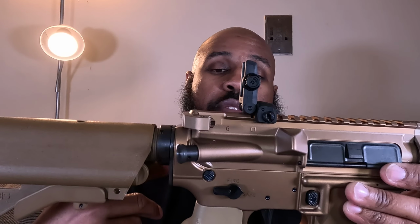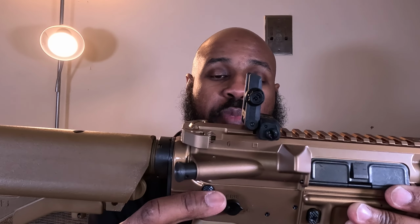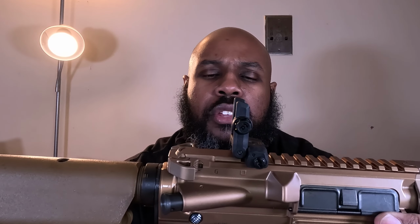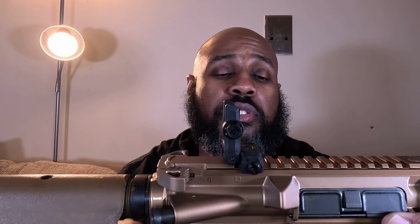I think that's really cool. My only wish would be if this was a 45-degree throw. If they had a 45-degree throw, especially when you're talking about an ambi safety, or at the very least, I want to say Stag does this, where the end piece of the safety is beveled and flattened a little bit, so that it's not digging into your finger. I think it's Stag Arms. Y'all let me know if it's a different manufacturer, but I think Stag does that with their ambidextrous safeties. But anyway, moving on from here,